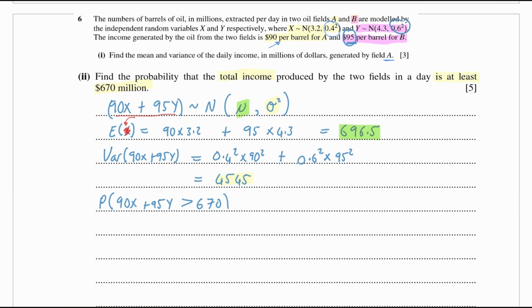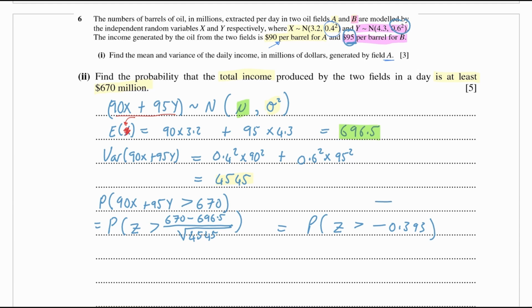Okay, and then we can turn that into, we'll use standard normal distribution, z is greater than 670 is our value, but we're going to take away the mean, which we found to be 696.5, and then we're going to pop it over the variance, which we just worked out to be 4545, which is equal to the probability that z is greater than negative